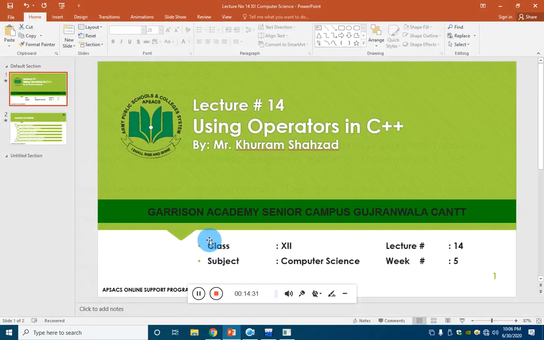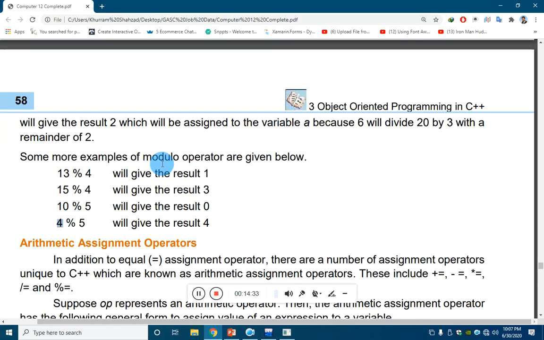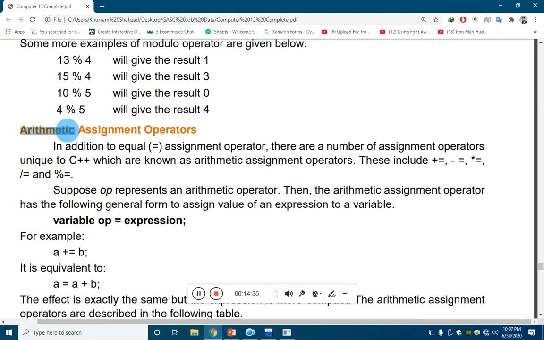So let's have a look at some other operators. The arithmetic assignment operator, the arithmetic operator as well as the assignment operator. It is the combination of both of these operators. For example, the arithmetic operator and assignment operator. So let's